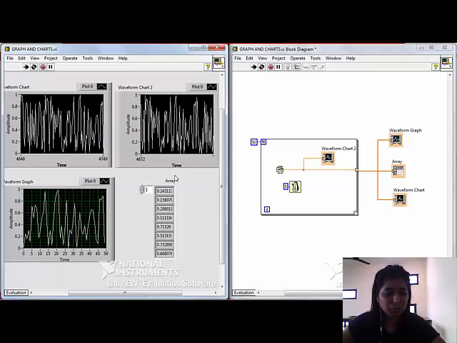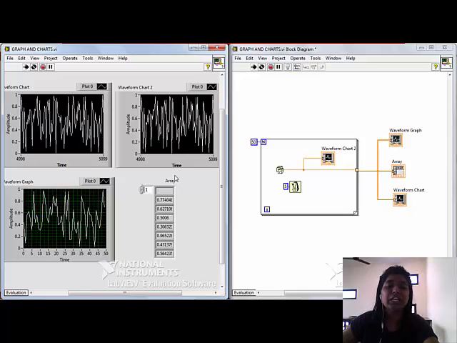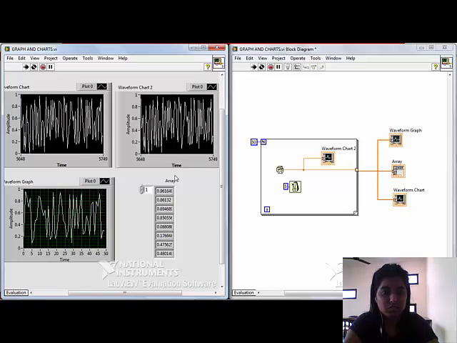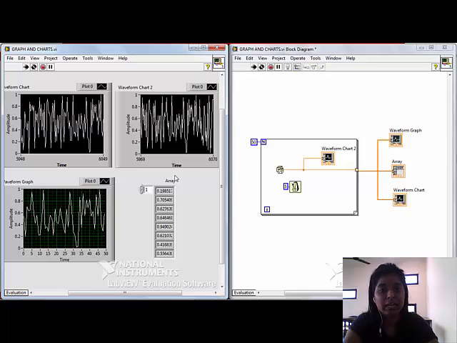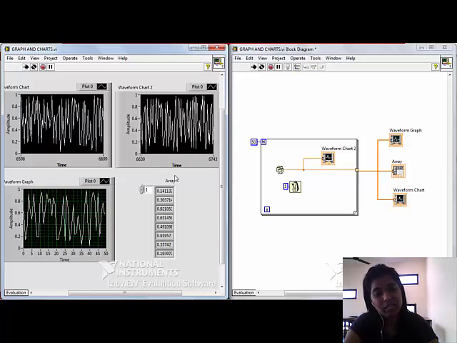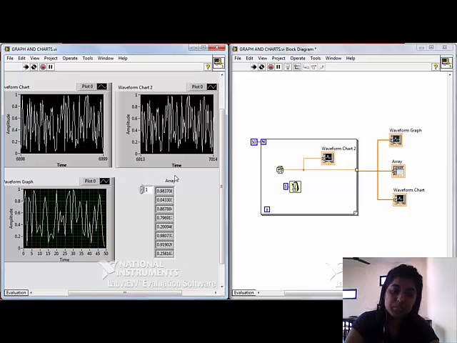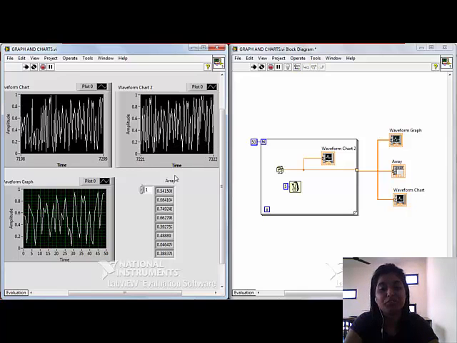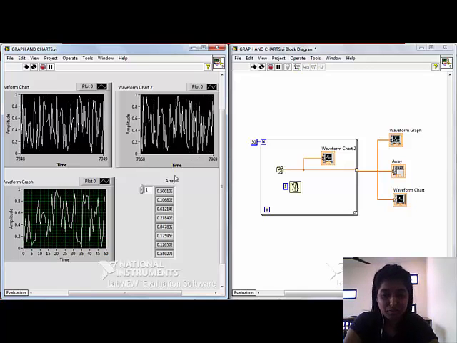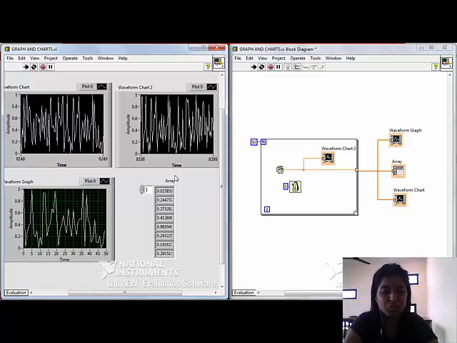And one more thing I would like to tell you is about the data types. It can access several data types. So in waveform, the data type carries the data, also the start time and the delta t of a waveform. You can create a waveform using the build waveform function. I will just show you.